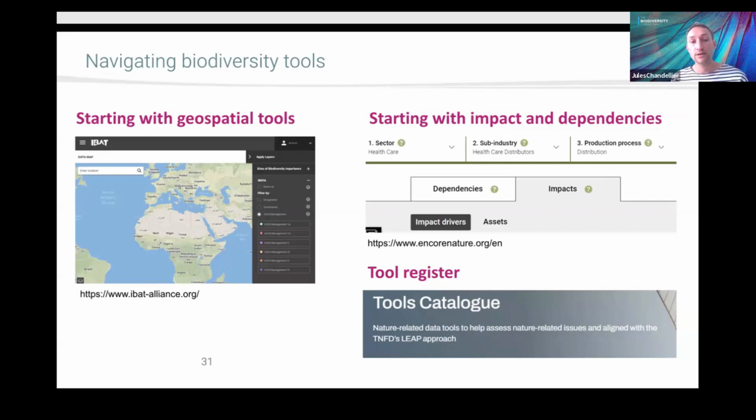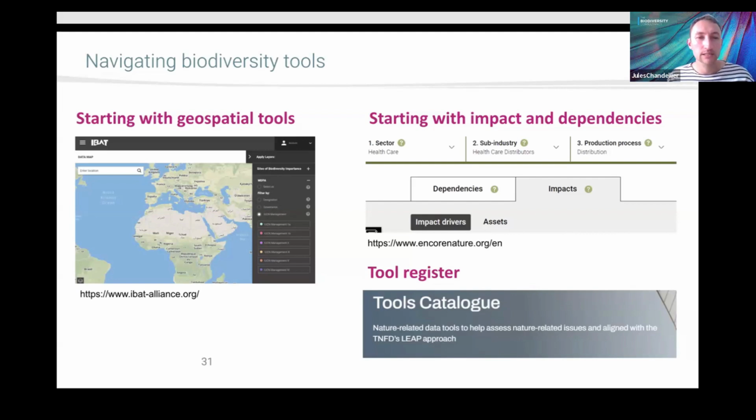And then, I didn't put the link, but there is a tool register around biodiversity, because I think there are more than 150 tools that are identified in this tool catalog. So you have it on the TNFD website. If you write tools catalog TNFD, you will see a lot of tools that might be relevant. It might be focused on a certain sector. So I encourage you to have a look at this also. And maybe just to finish,